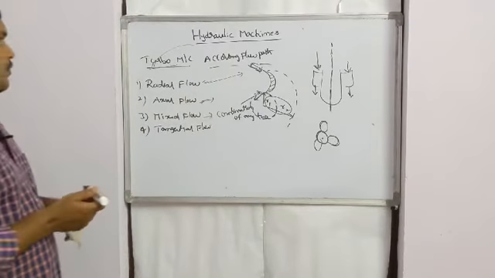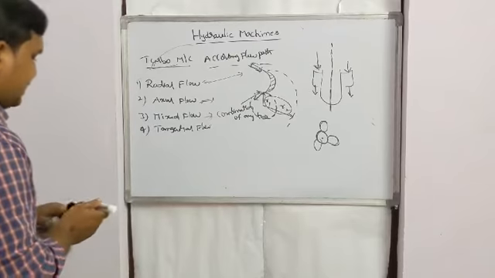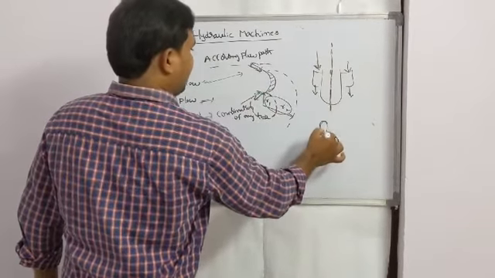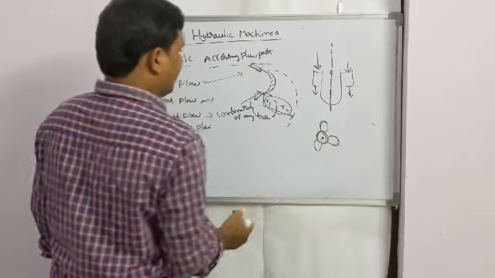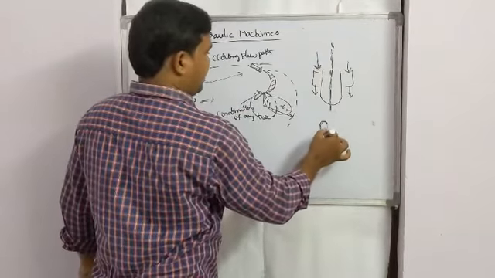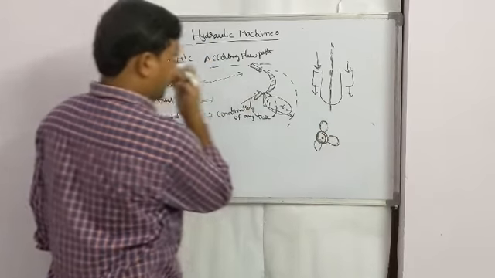This combination of two flows is called mixed flow machines. Axial flow means the fluid enters and leaves parallel to the axis of the shaft, whether it is the shaft of a wheel or turbine, a pump or a fan. This is the shaft axis; the flow is parallel to the shaft axis.